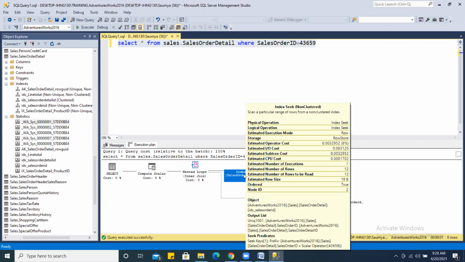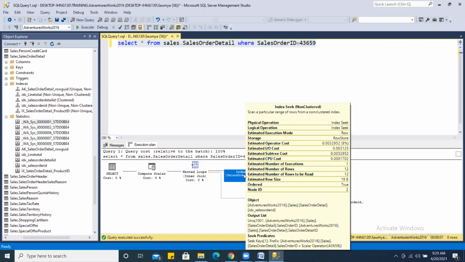So the cardinality estimator does this estimation with the help of statistics. So now you should be clear why we need statistics. I will show you how the cardinality estimator estimates the number of rows to read in order to perform an operation, right?